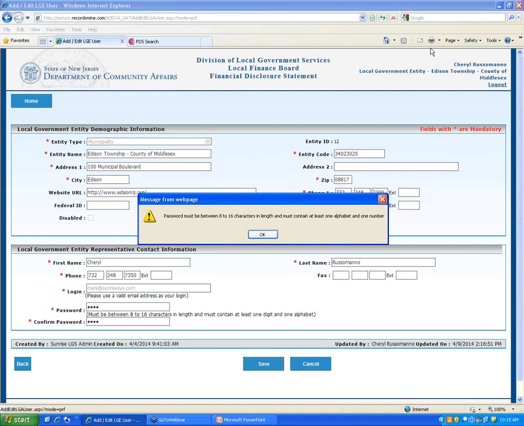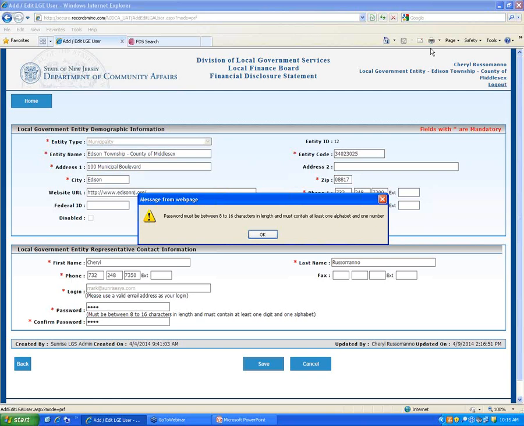The other reason why I say to use the legal first name is that when people eventually go on the public search site, they might be searching by that legal name as well. So, again, I recommend that you use that legal first name. But if somebody really wants to go by their nickname or short name, by all means, you can still use that. Our recommendation is that you use their full legal name.